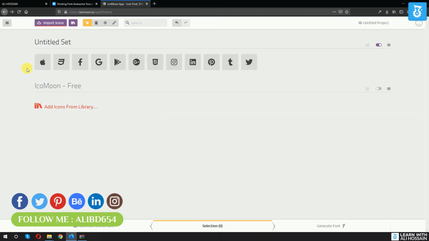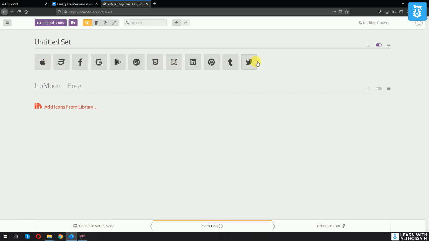And if I click open, you can see that all icons are here. And now what you need to do is select all of them. So how can you select them? Just click the selection option, hold the Ctrl key on your keyboard, and then click them like that. As you can see, it shows selection 7. If I click again, you can see selection 8. So you can see that all of them are now selected.